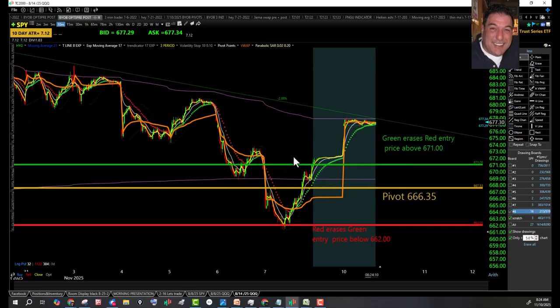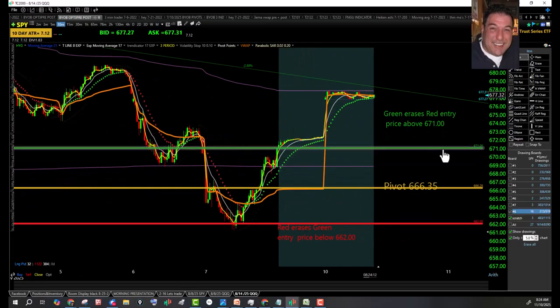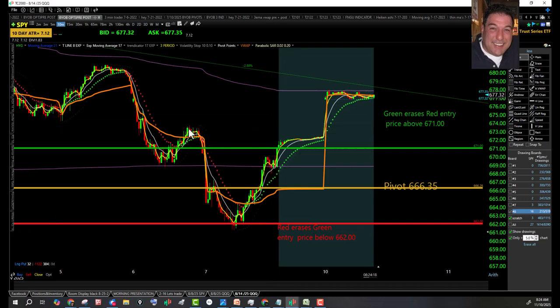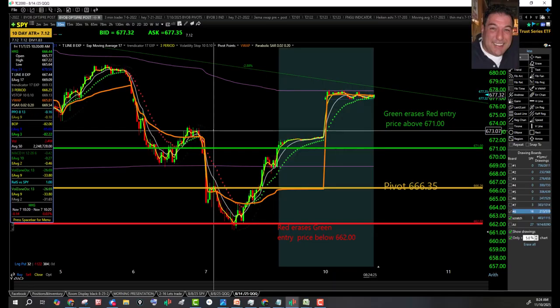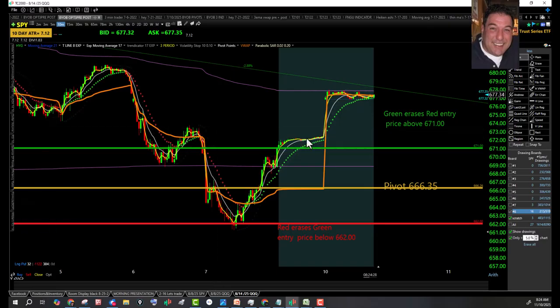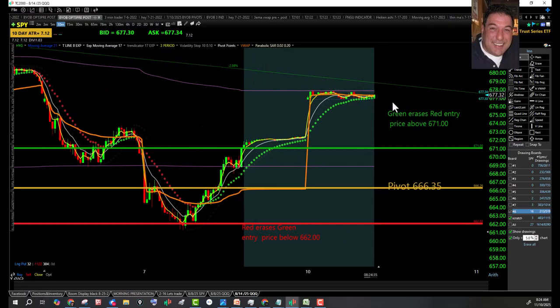Okay, looking for the support to materialize somewhere here at 671, 673.50, right on that hump right there. That'd be a little bit of my intraday minor support. Looking for that to hold. All right, if that doesn't, then they're coming down to the consolidation right here. But we have consolidation over prior consolidation, so we're going to trade the breakout of the consolidation.